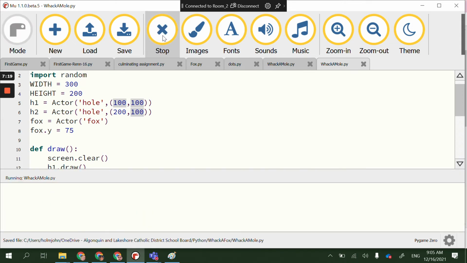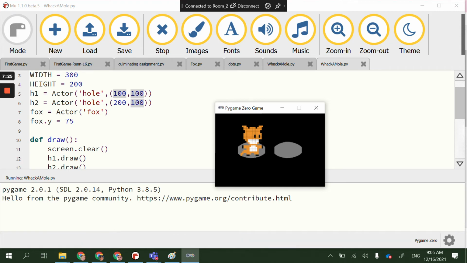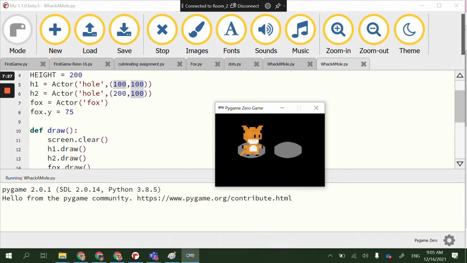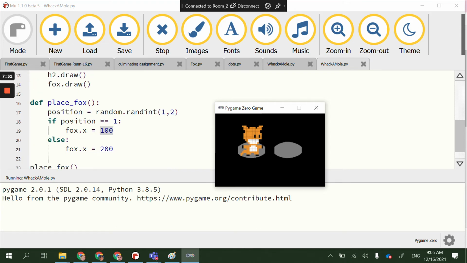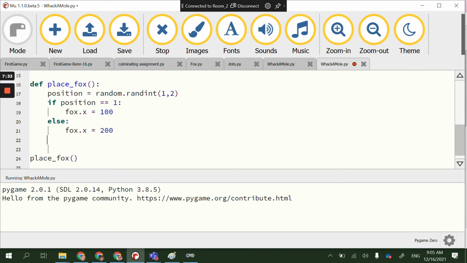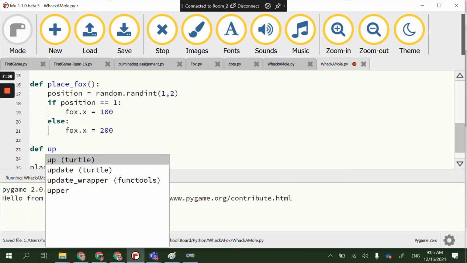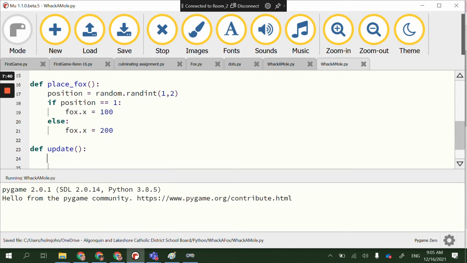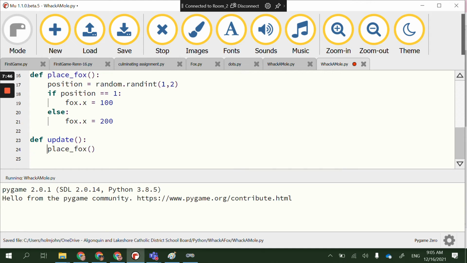So that's great, but he's only appearing in one spot. Oh, that looks perfect. What I'm thinking is that I could instead, we have an update, which means it's going to change all the time, define my update function. Remember, this gets called all the time, so I could put my place fox code. Every time I update, I could put the fox in a new location. So if I try running that,